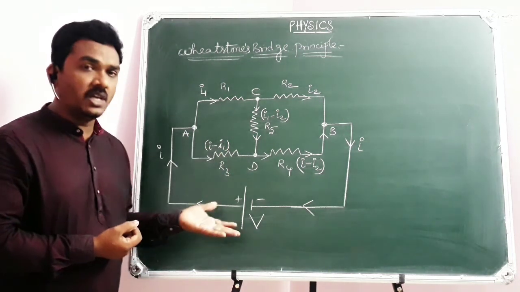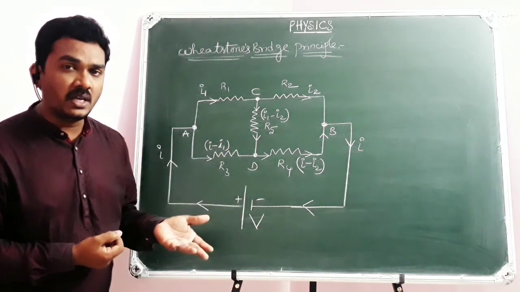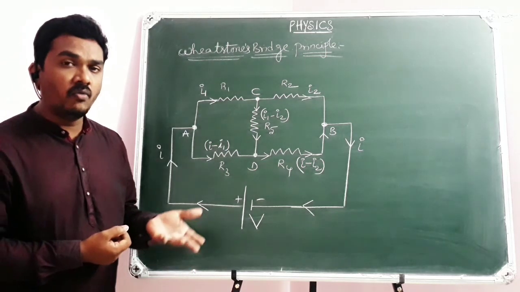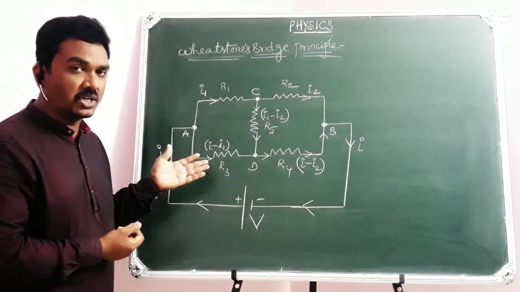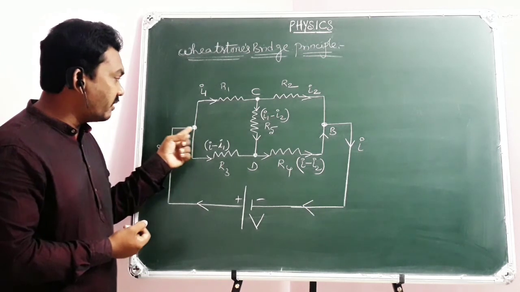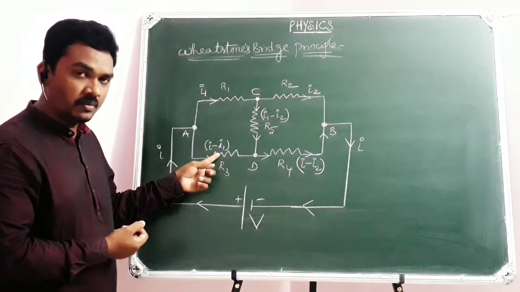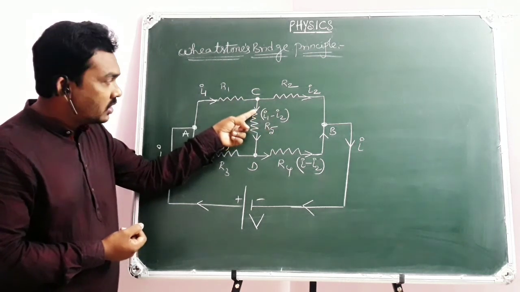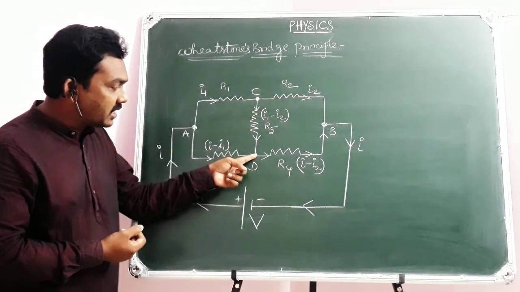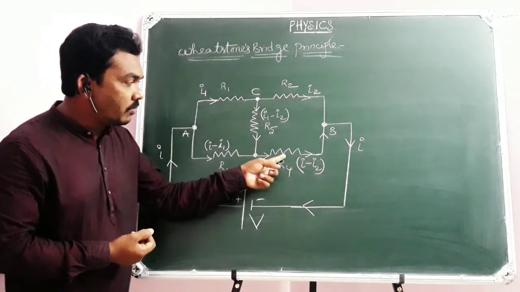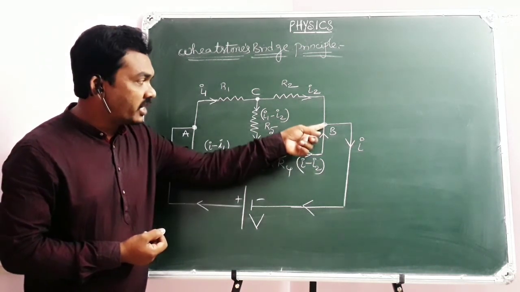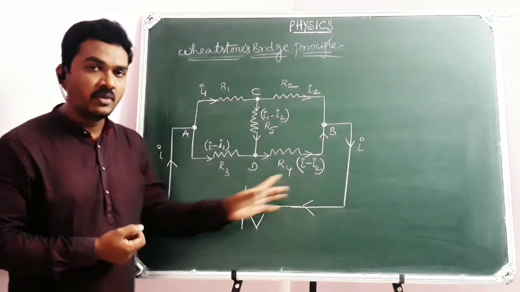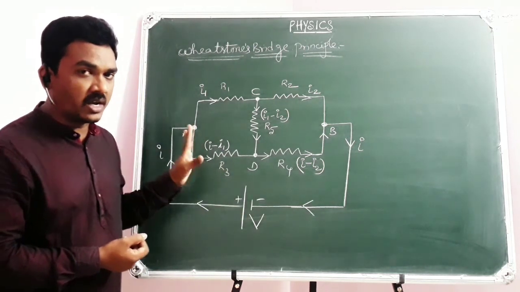In such a case, we have to apply KVL, Kirchhoff's voltage law. Already we applied the junction law, because the current I divides as I1 and I minus I1. Then I1 divides as I2 and I1 minus I2. This I1 minus I2 and I minus I1 joining at this point will come out as I minus I2, and will join at this junction and come out as I. I have already applied the junction law of currents.